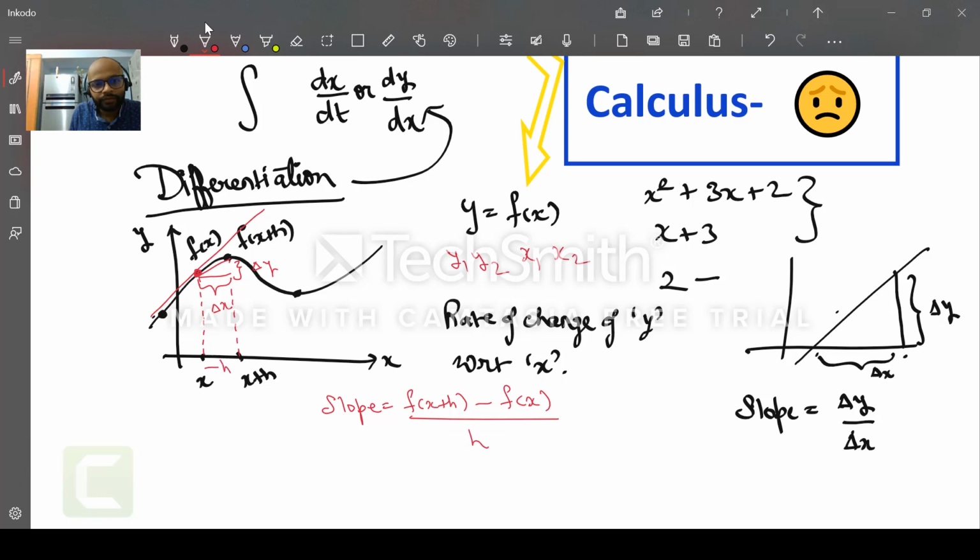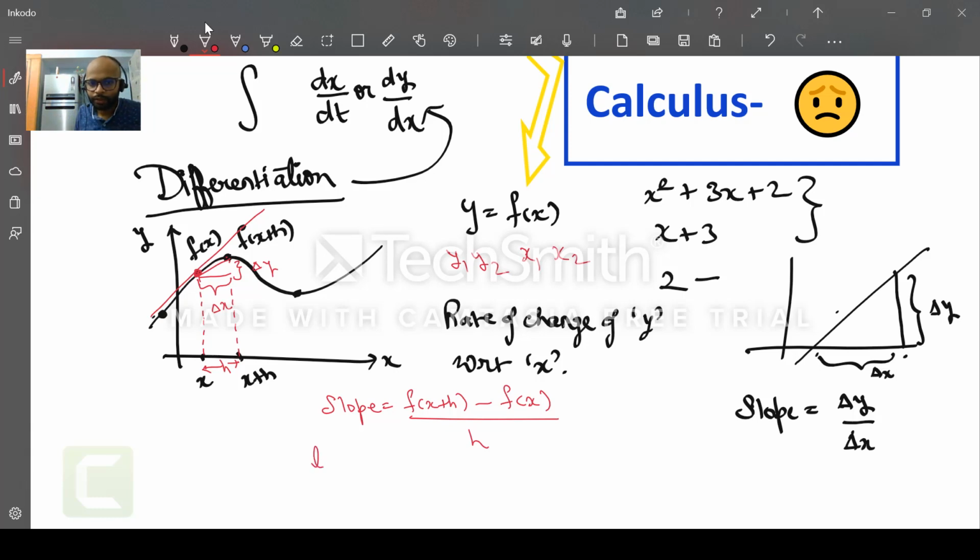So right now the gap between these 2 points is h. If I keep reducing this gap to almost zero, if I keep reducing h and make it near to zero, which means very very small, this point will come like this and it will reach a place which is very near to this point. And when these 2 points are so close that it appears to us that they are just one single point, and if you draw a line joining those 2 points, that would look like a tangent. And that is the instantaneous differentiation or a slope at this point.